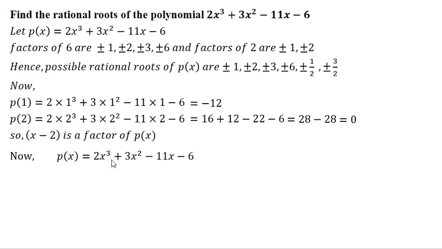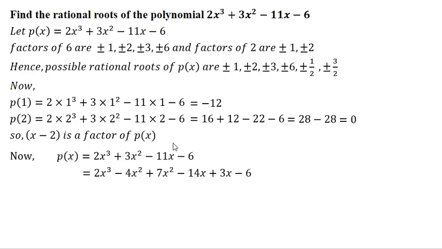Now 2x cube is here. If I take 2x square common, so x is remaining here. From the other term I should have minus 2. So for minus 2 I will multiply that minus 2 by this 2x square. So minus 2 into 2x square gives me minus 4x square. So I will write 2x cube minus 4x square. Now I have written minus 4x square. So to get this 3x square I add plus 7x square, so that this minus 4x square plus 7x square gives me 3x square. So there is no change. I only have written this 3x square as minus 4x square plus 7x square.